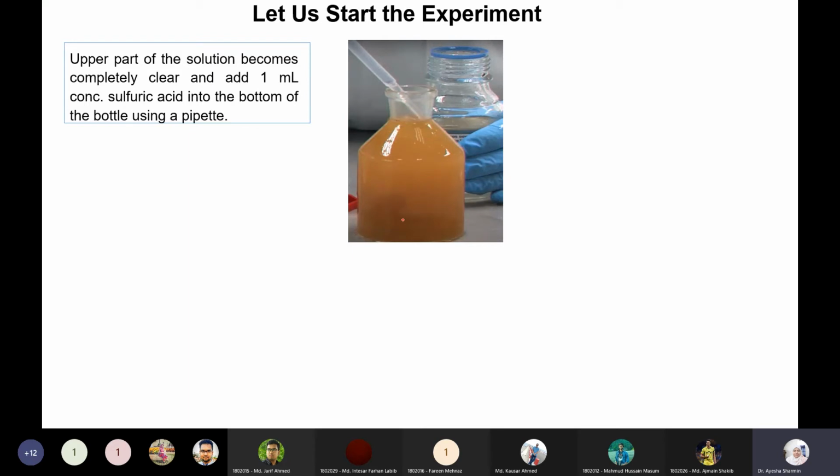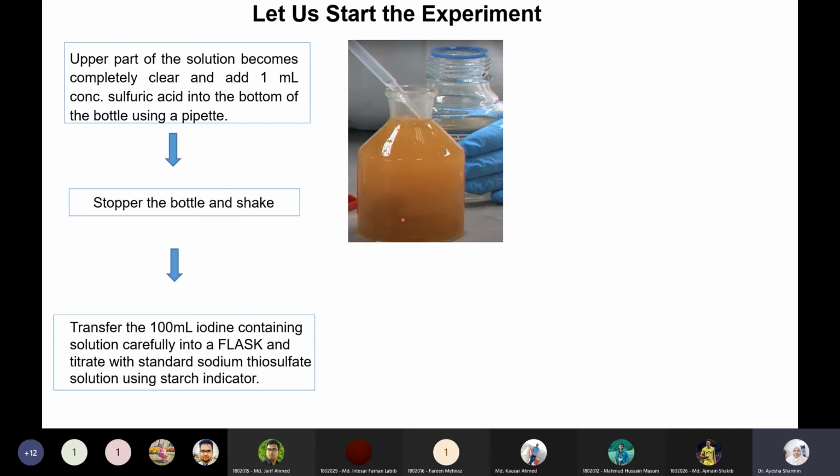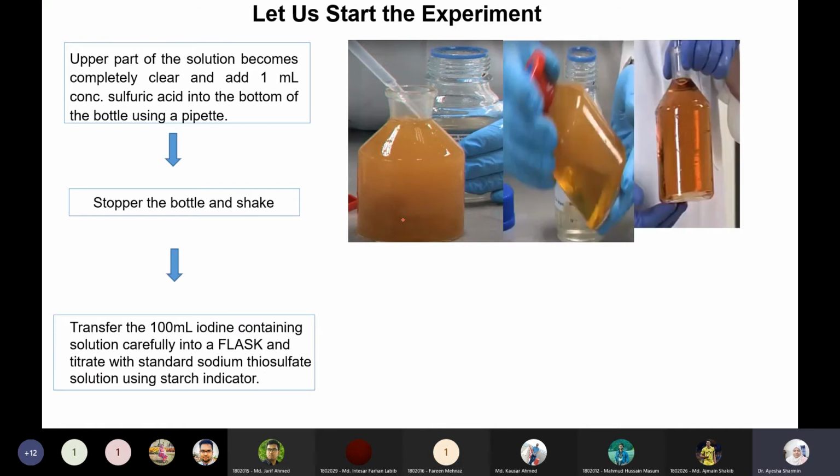Triiodide is already water soluble. So now you'll see, okay, you again stopper the bottle and shake so that it mixes nicely, and you'll see that when you are shaking it, it will become